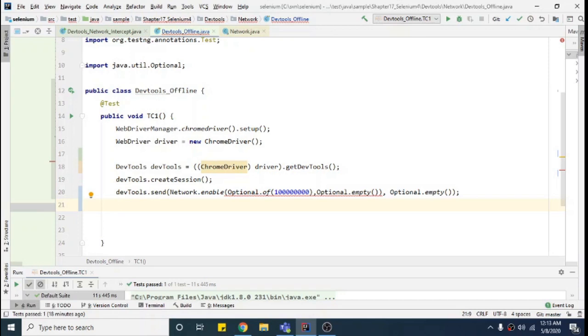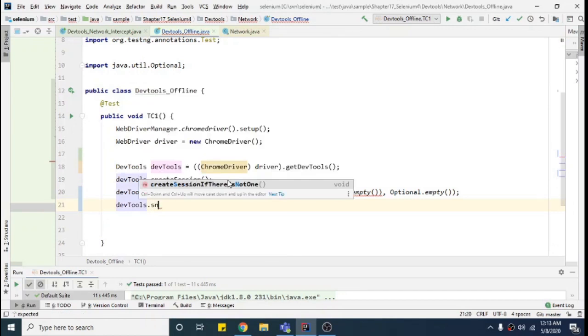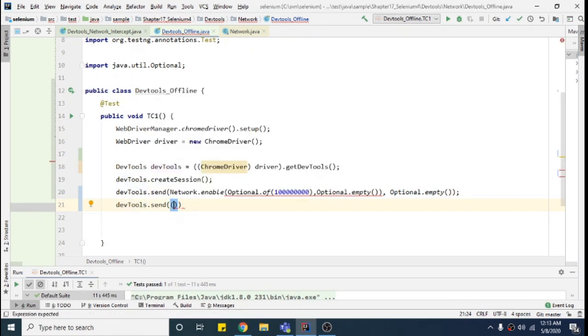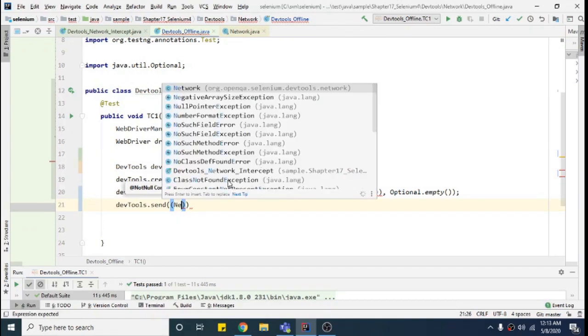Now what I need to do is make that network offline. So for that I need to give that command again, devtools.send command, and now I will make the connection offline. The keyword we need to write to make the network condition offline is, there is a method in the network class called emulate network conditions. So I need to type here network